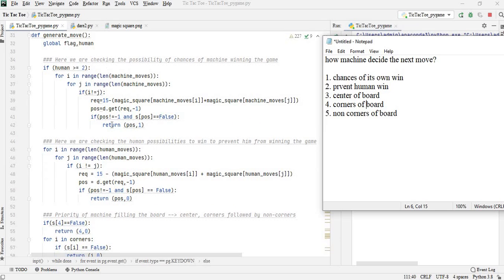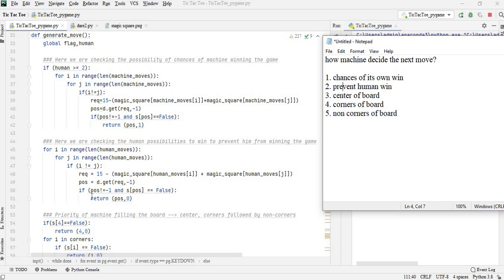After running these two loops, if the machine was unable to find a position to win, it will try to prevent the human's chances of winning the game. In a similar fashion, using the magic square method, it will try to find the position at which the human can win in the next turn.